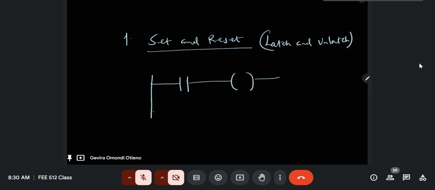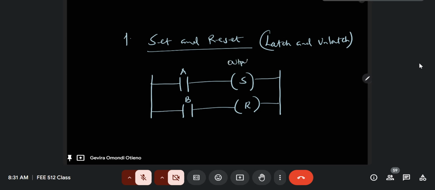Remember, this is just to illustrate that they're in different ranks. The ranks don't have to follow each other. So this is the set and this is the reset. So this could be an input A, this is an input B, so this is your output Y. Let me just say this is input A, this is input B, right? So this is also output Y. Okay, so notice that they are both output Y, meaning,